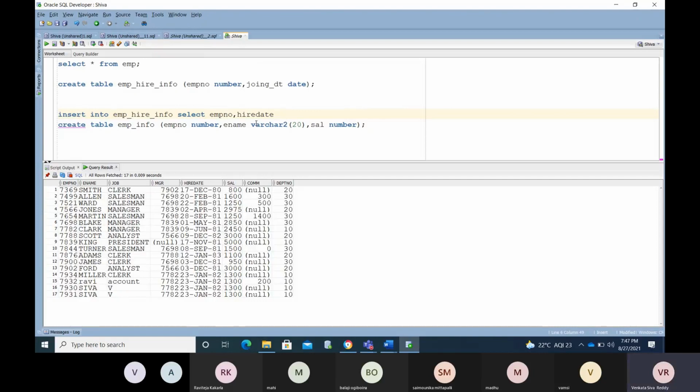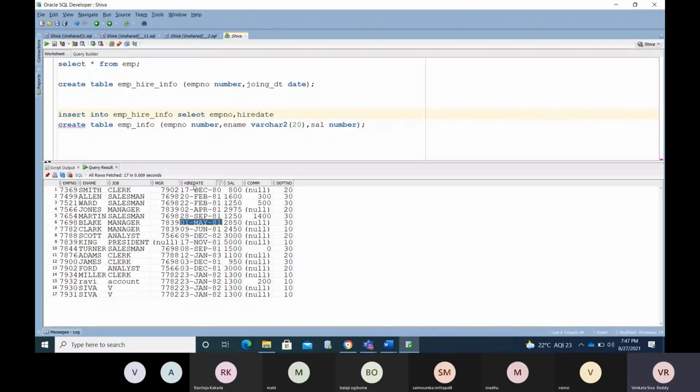So now I am able to understand that, but there is no foreign key or primary key relation here. I need to understand it myself. That will be the column mapping sheet. The client will provide a column mapping sheet: this is the file I'm going to share with you on a daily basis, having EMP number, ENAME, job, and all those things. In this hire date, you need to understand.